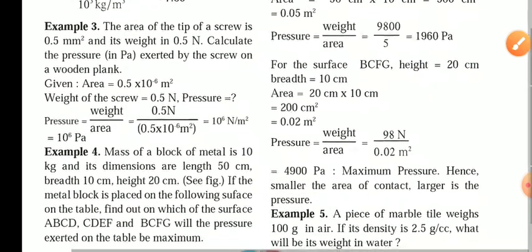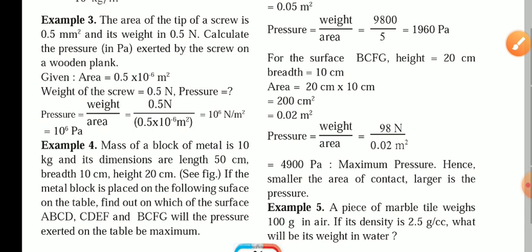Next question is the third example. The area of the tip of a screw is 0.5 millimeter square and its weight is 0.5 Newton. Calculate the pressure in Pascal, means in MKS unit we have to calculate, exerted by a screw on the wooden plank. So first of all, area we will convert into meter square, and when we want to convert